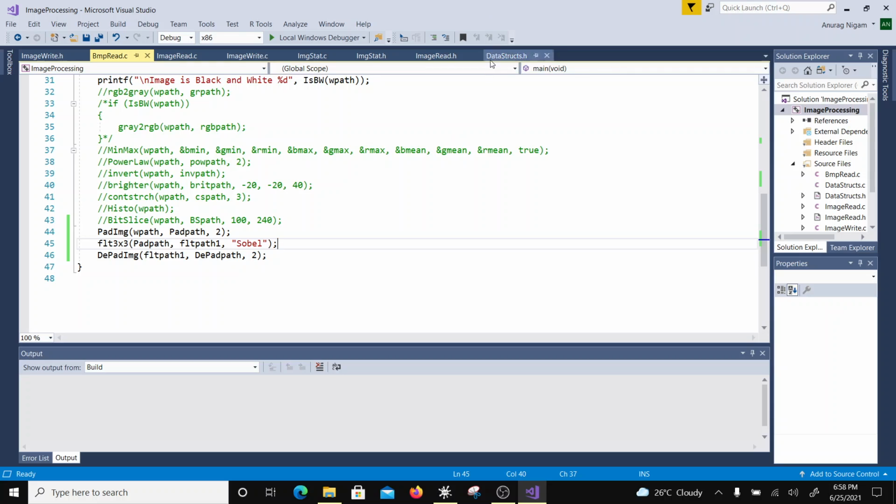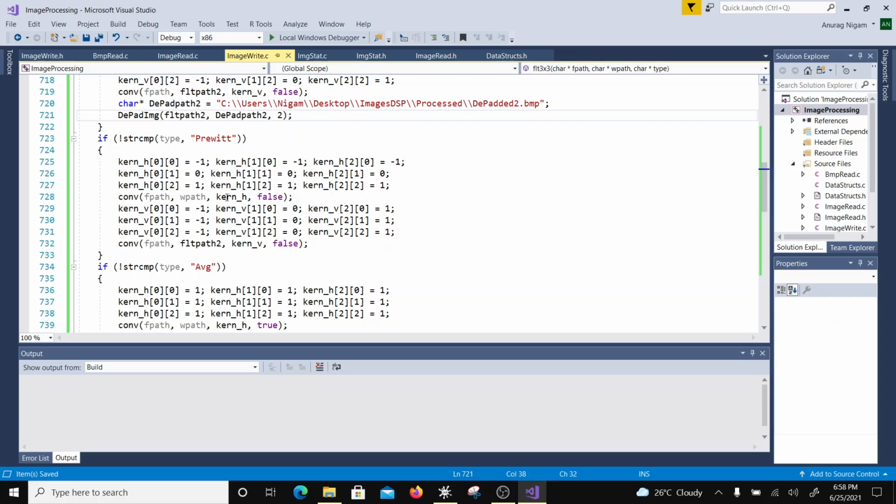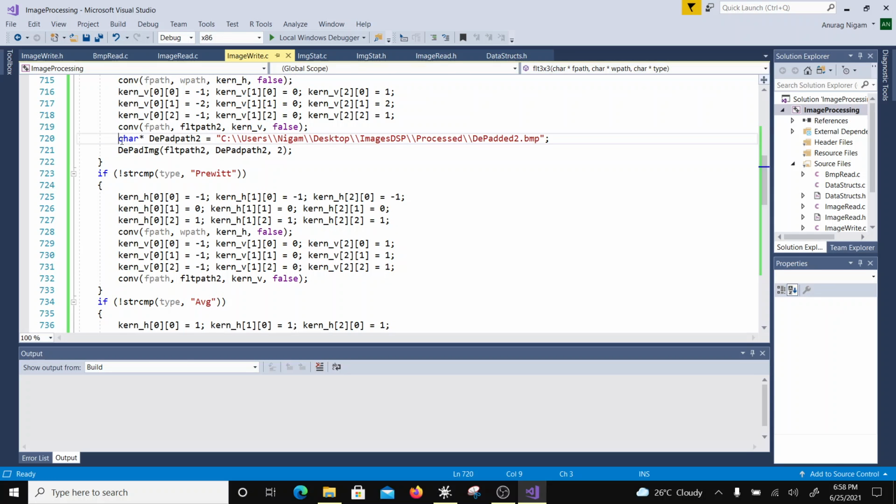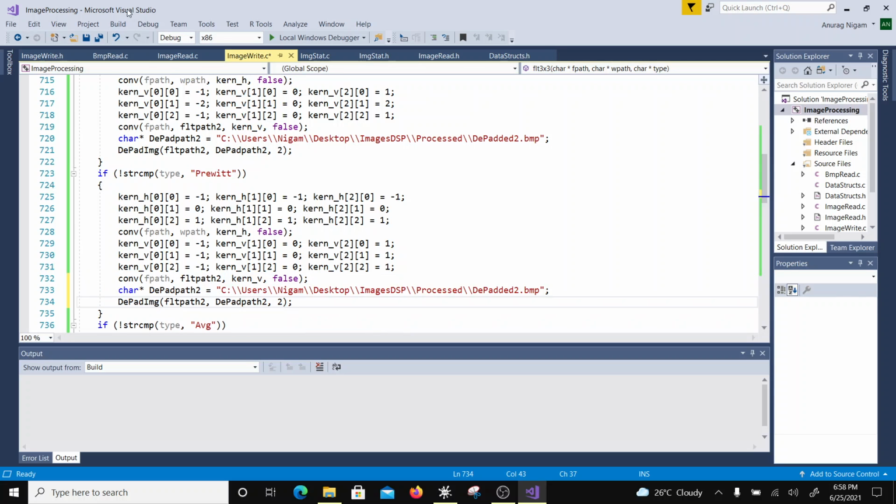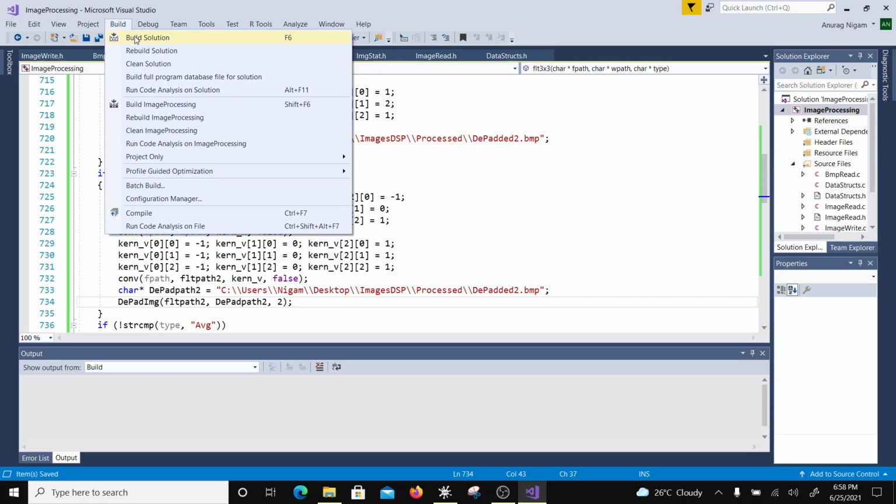Okay, so let's see what happens with the Prewitt filter. Prewitt. I think that's how I named it. That's the Prewitt filter, and I have to do the depadding everything over here, right? So I'll just copy these lines under Prewitt. Fine. Okay, so I'm going to build solution